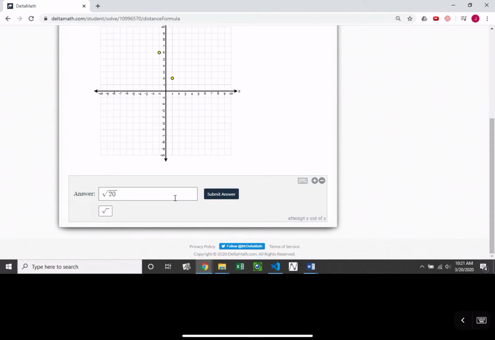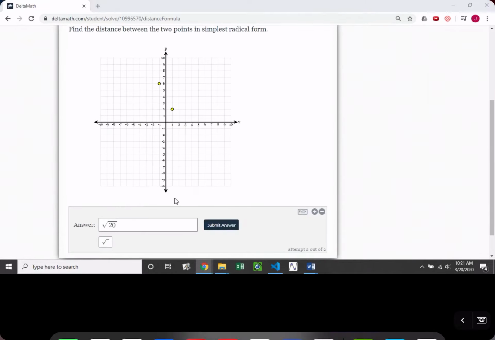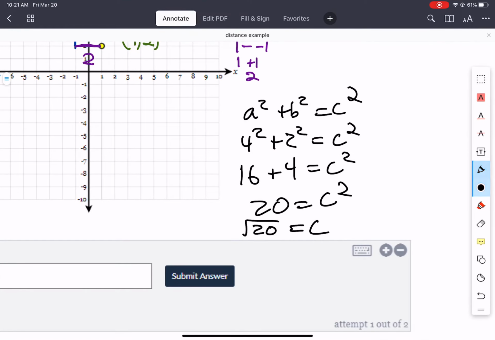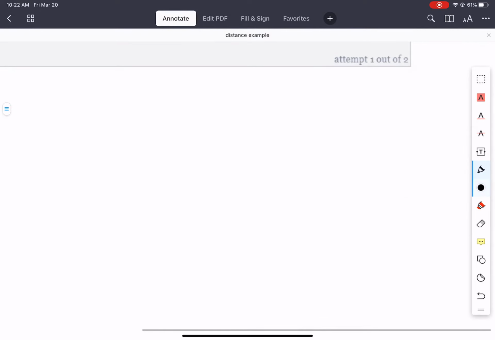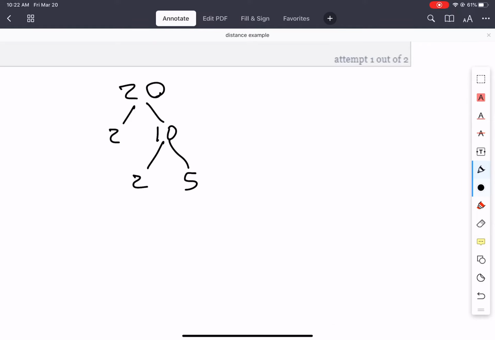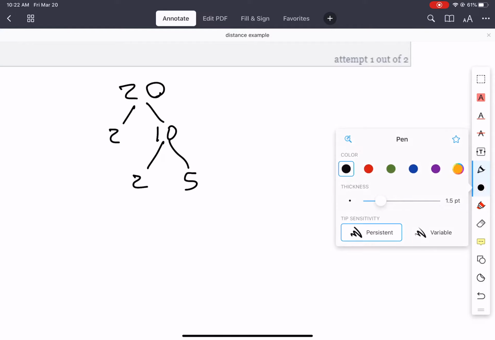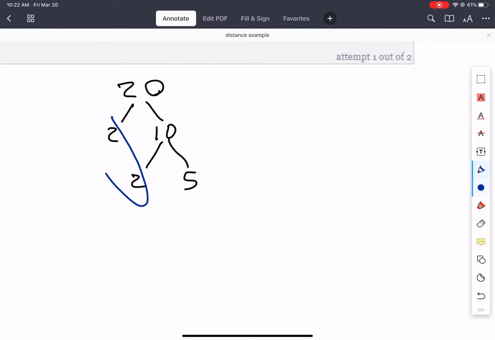Well, that's why we had the videos on prime factorization and on simplifying the radical, because the square root of 20 simplifies. So if I take my 20, factor out 2, I'm left with 10. Factor out 2, I'm left with 5. And once I have all the prime factors, then I'm circling pairs of 2, and then I'm boxing anything that's left. So a pair of 2's,